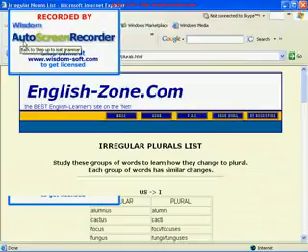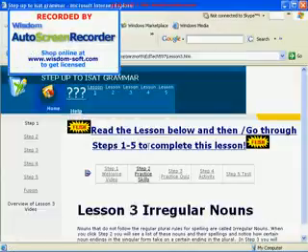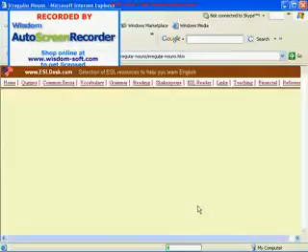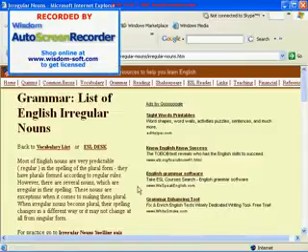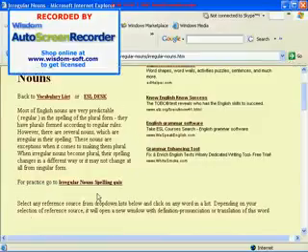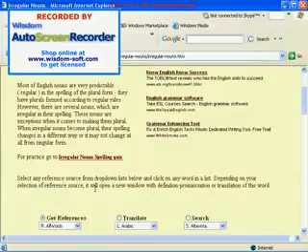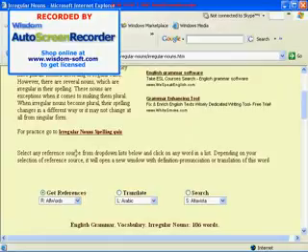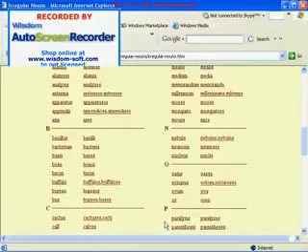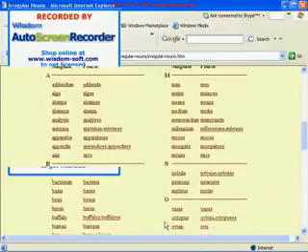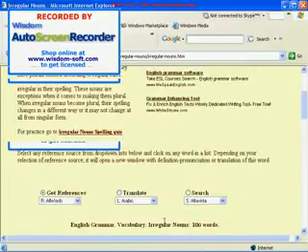Now, in step 3, the practice quiz, this is where it gets a little tricky, and you may be here because of the confusion that it caused. It gives you a little definition. It's an ESL website, as you can see. You can take the irregular noun spelling quiz by clicking on this. There's also, though, a list of other irregular nouns listed alphabetically rather than by rule. But for the test itself, you'll go to the irregular noun spelling quiz,